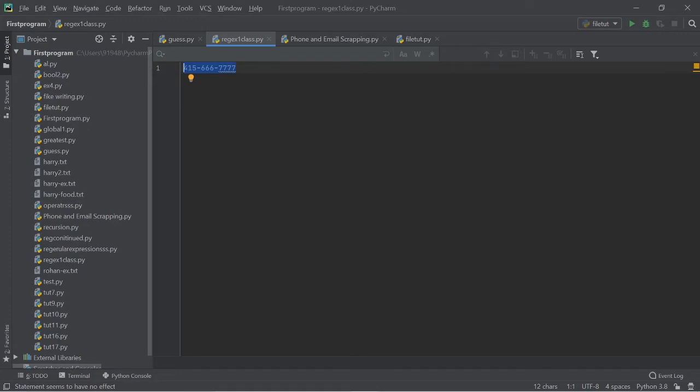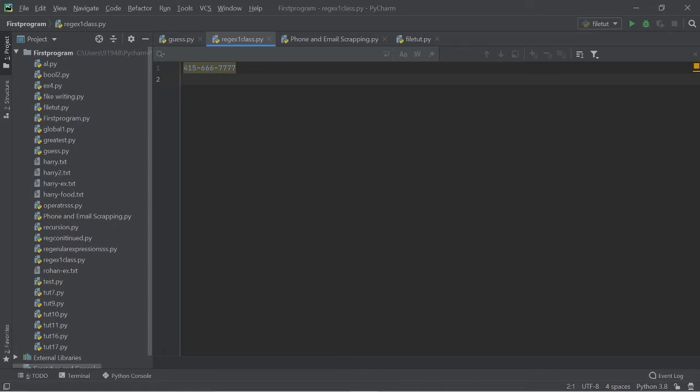This can be known by a human being, but if a computer is asked, how will it know? It doesn't know that it is a phone number. We should specify a pattern so that it knows this pattern matches. So to match the pattern, we make use of regular expressions.